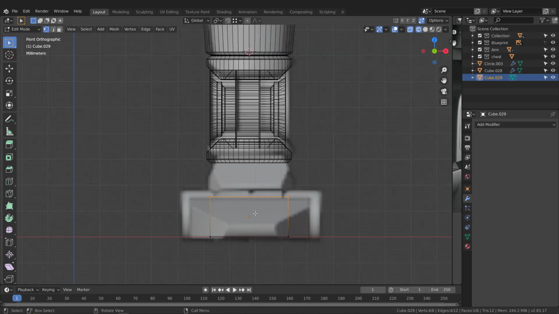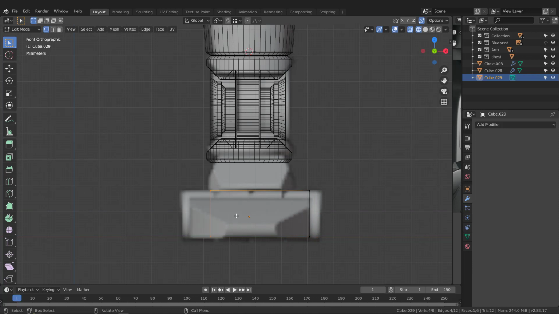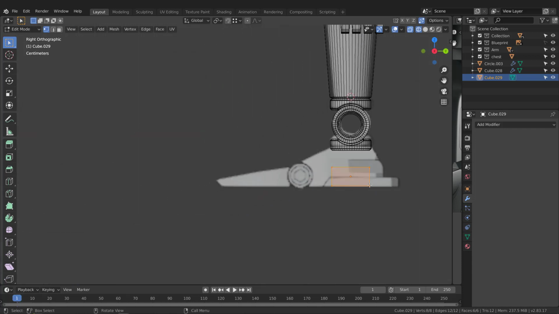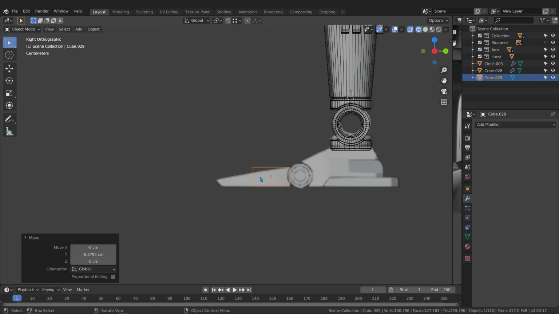Grab those and hit G and take those up, and G, and let's push these maybe right here and these, and maybe I need to bring those down, G, and let's move them down. From the right view, let's tap to the object mode, hit G, and let's move this forward maybe right here,